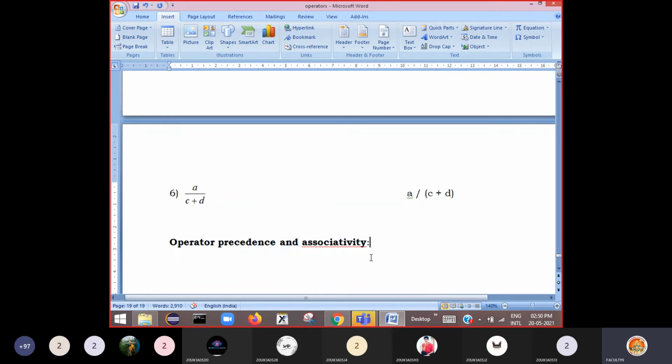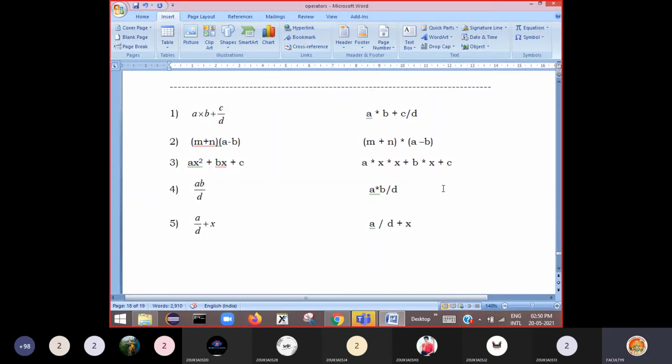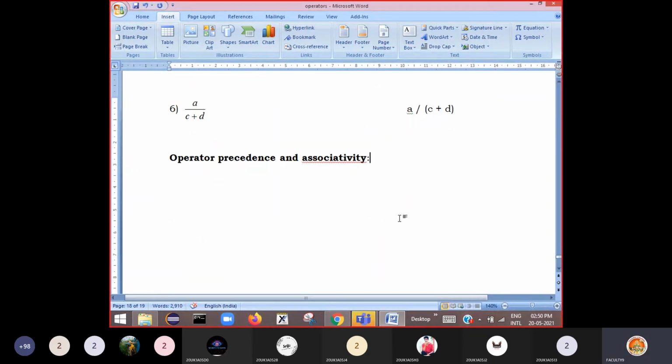That means in an expression, when you have more than two operators of the same type, which one is calculated first? That is the ambiguity for the compiler. So it has to resolve that confusion, and that confusion will be resolved by using precedence.